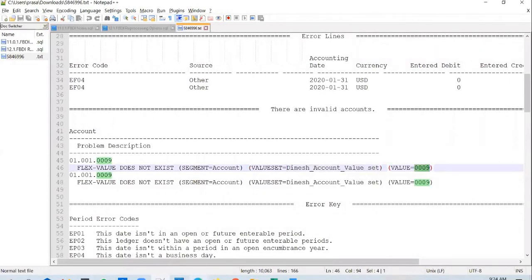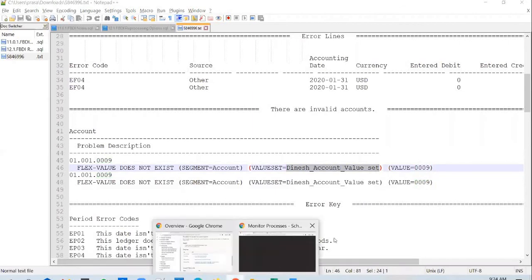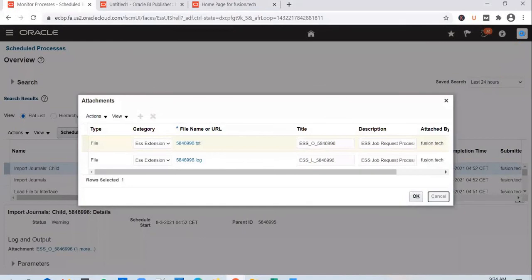doesn't have a 0009. And let's say you got this issue in real time, you went back to client saying that you've given me 0009, which is invalid in ERP Cloud. So he says that no, it is valid. Can you ask functional consultant to set it up? So what do you do in such case? You will work with him. You will ask functional consultant to enter this value in the value set. Okay, since we don't have him at the moment, we will help ourselves. We go to this value set.